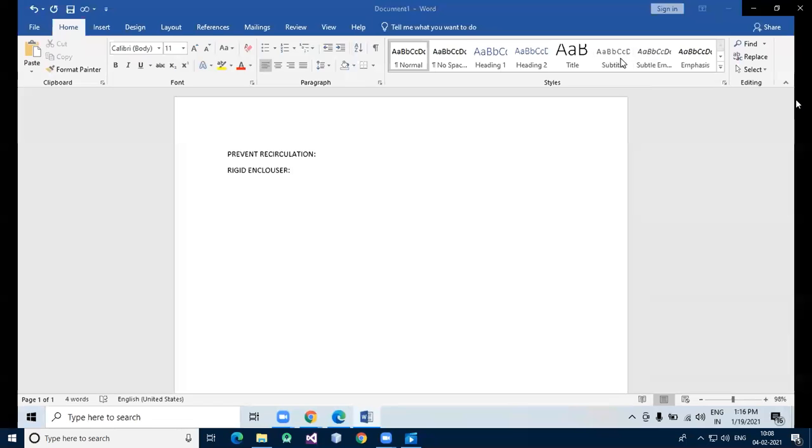Then flexible strip containment. So next is flexible strip containment.